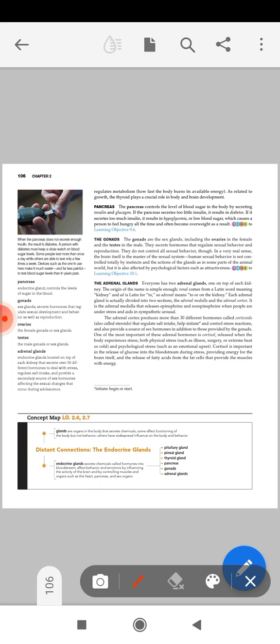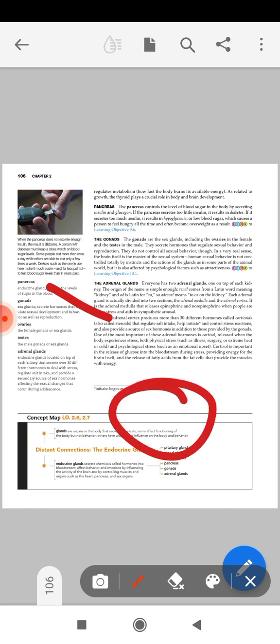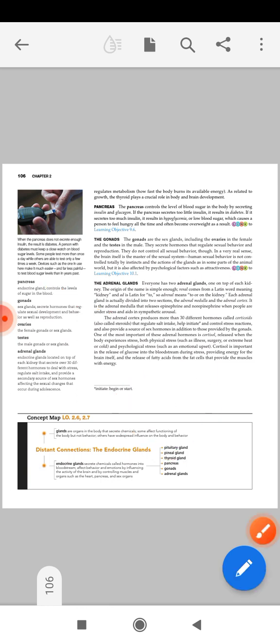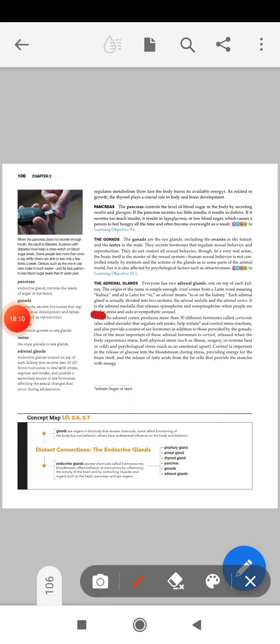And is there anything else? Here it's important: the adrenal cortex is actually the upper part of the organ. If there is any organ, suppose this is an organ, then its upper part will be known as the cortex. So the adrenal cortex produces more than 30 different hormones called corticoids, also called steroids, that regulate